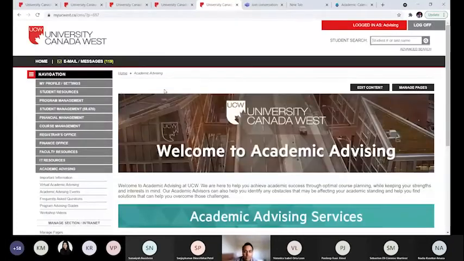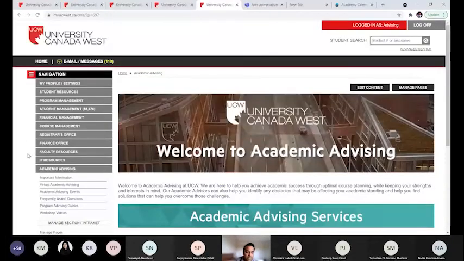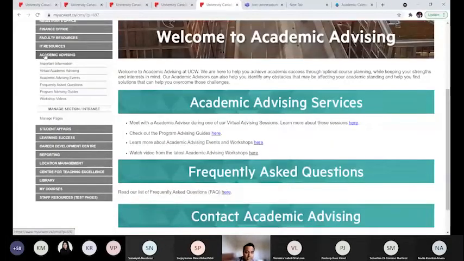So on your portal here, you must be familiar with this. You might see some extra tabs here, which is typically different than the students portal, but however, it's pretty much the same. On the left side, you have different offices and departments. The one which pertains to us and to you in today's context is academic advising.